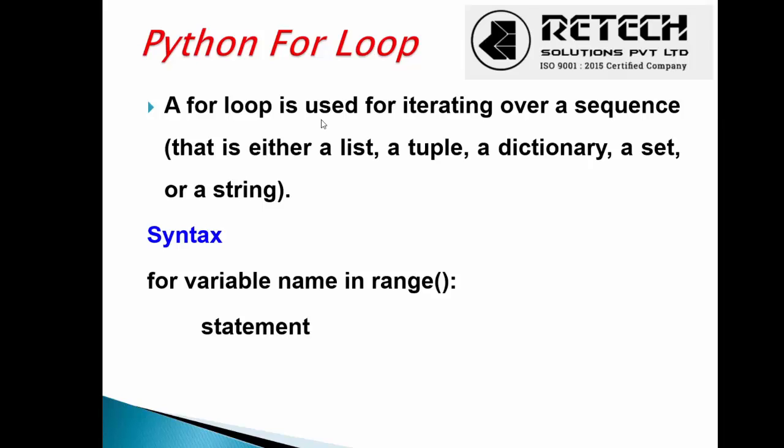Okay, we will see a practical example of a for loop, and this is the syntax of the for loop. The for loop starts with the for keyword, then the variable name, and then in, followed by the iteration value. This is called an iterator and an iteration value. Then for i in range, and the statement is going to be here. We will see a practical example.